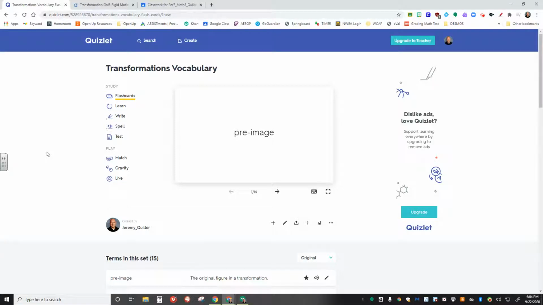Quizlet is a website that allows us to work on vocabulary development. Today we are going to work on the vocabulary that we've been learning in transformations. To do this, the first thing I want you to do is go ahead and quickly look through these flashcards. You can do this by clicking through and just seeing the names of the flashcards and the items that are